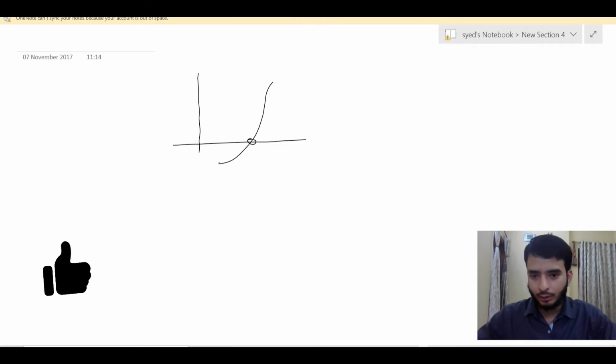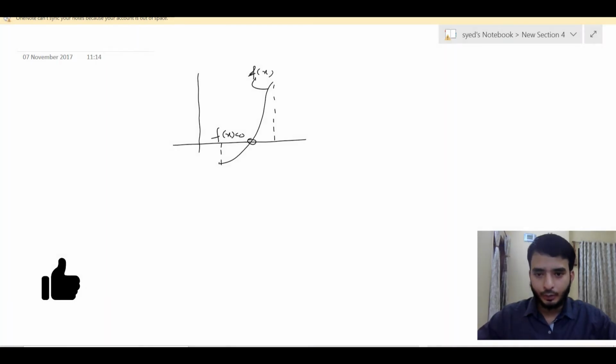So the whole idea is that we choose a point to the left-hand side of this root, and also a point on the right-hand side, right? Meaning we identify an x for which the value of f of x is less than 0, say the curve is f of x, and we also find a point where the value of f of x is greater than 0, meaning the curve passes through the x-axis one time in this region.